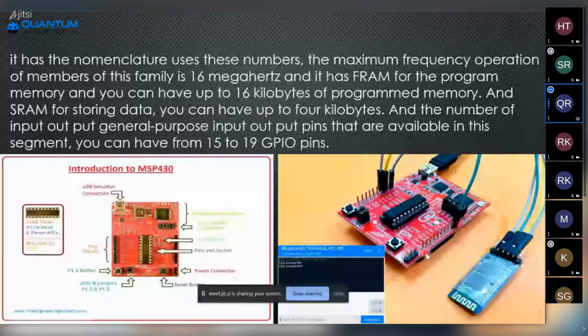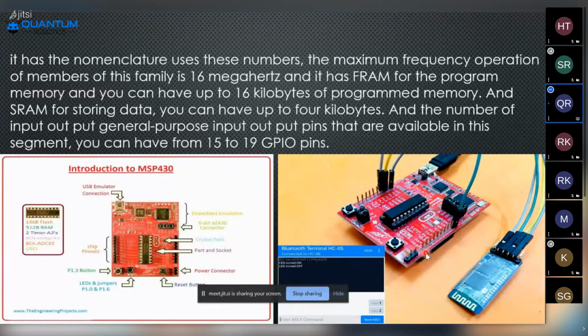Generally we use 5 volt for any type of module, but if the module has a specific specification like 3.3 volt, then only 3.3 volt has to be given to that device, and then the power will be sufficient. According to the data we give, the processor will process the data.